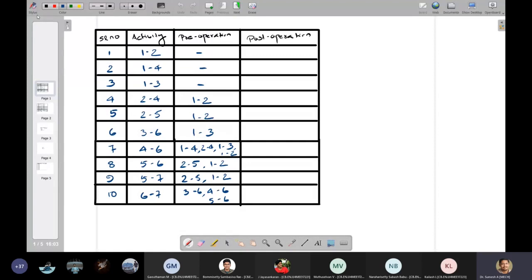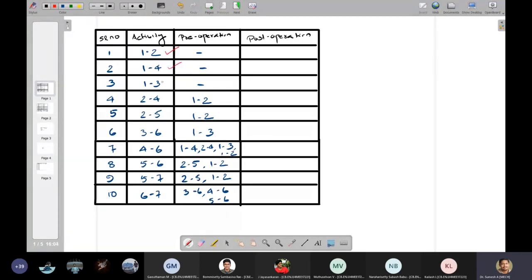From the given data, you can see that the first activity 1 to 2, the second activity 1 to 4, and the third activity 1 to 3 do not have any pre-operation.